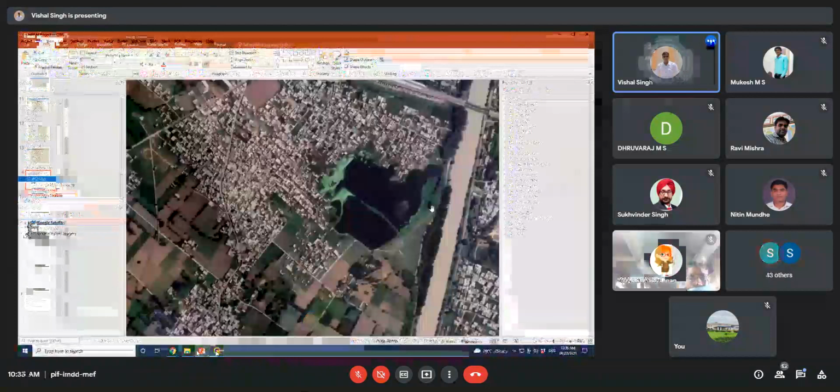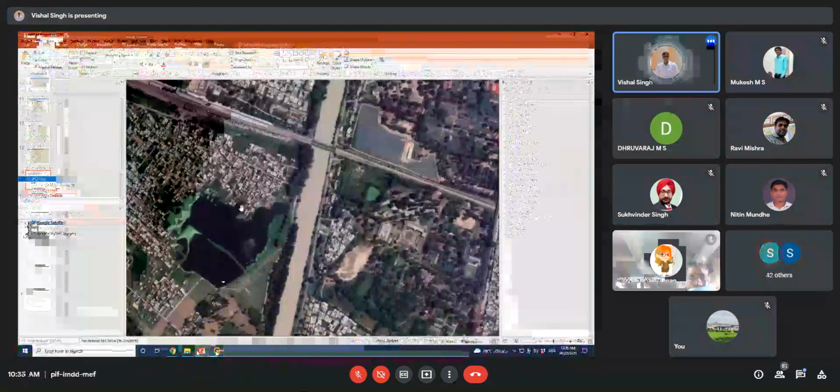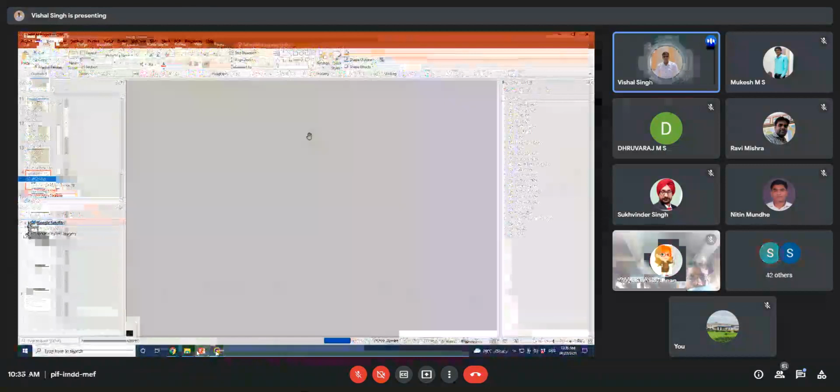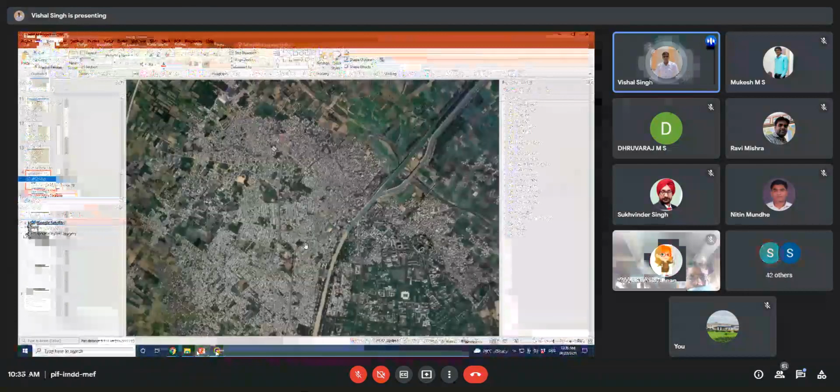Suppose you can see that this is a pond, so you can derive that. And this is the canal, so this you can derive. So in this way, you can generate different kinds of information from this high resolution satellite imagery.